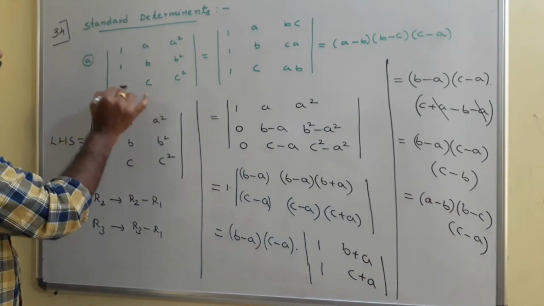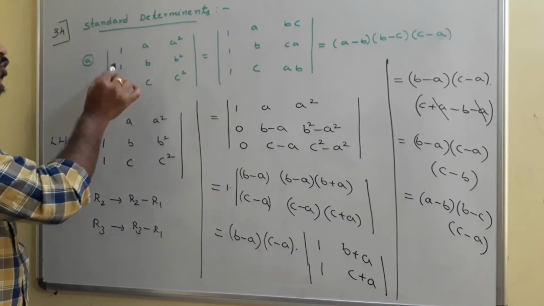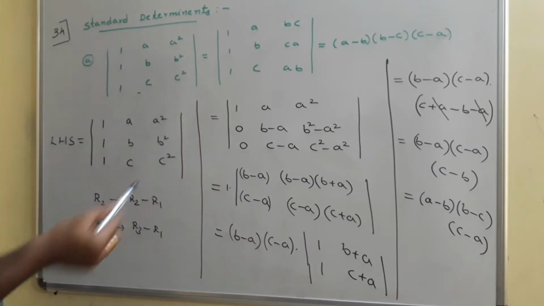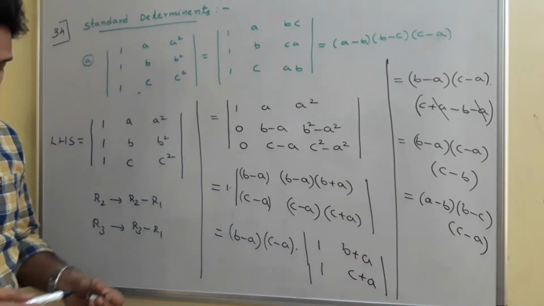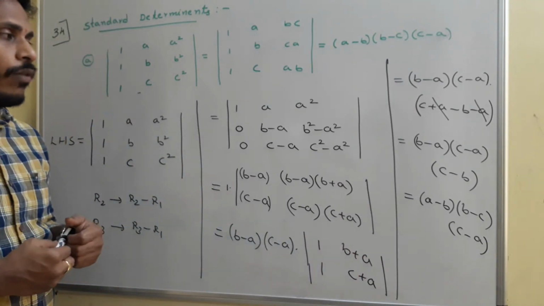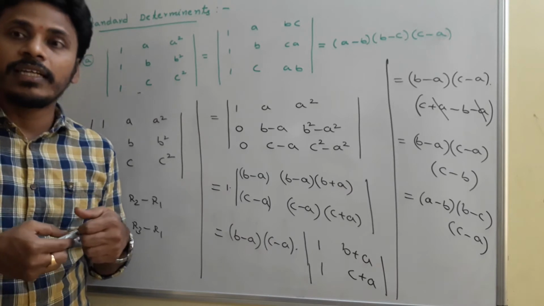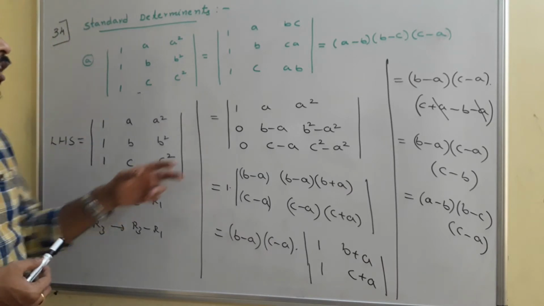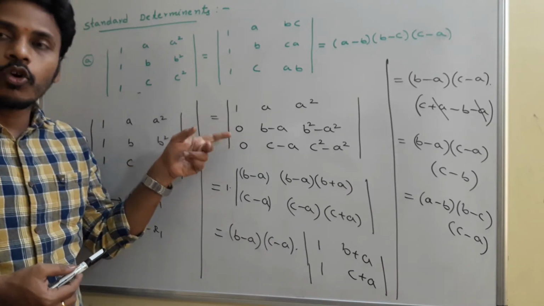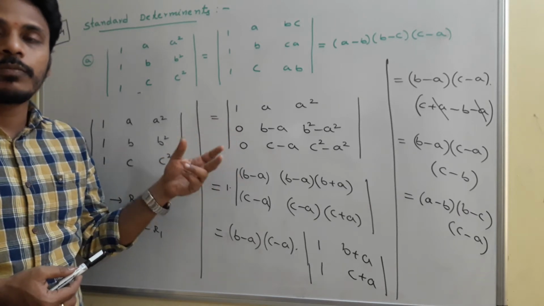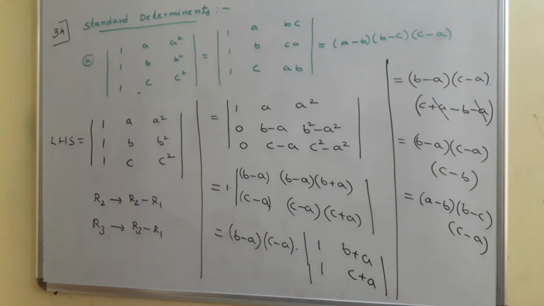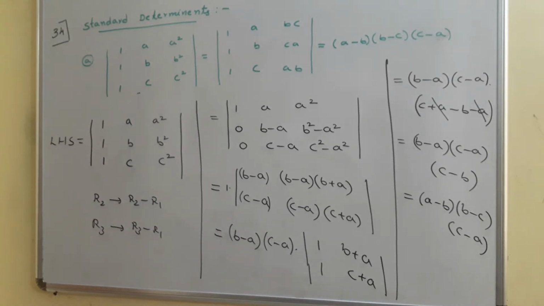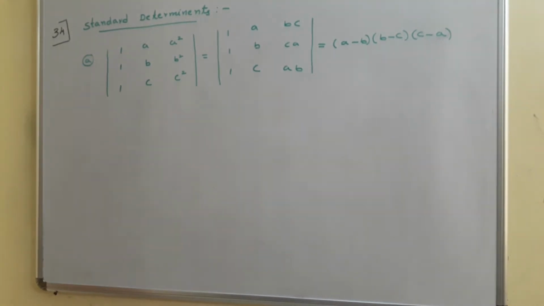To find its determinant, I am changing these two as zeros, and at the end we found its answer in a simple manner. So for many problems, it is the fundamental way of finding the determinant, just by making two rows or two terms of the determinant zeros. Okay, just have a look. So just at the end have a look.